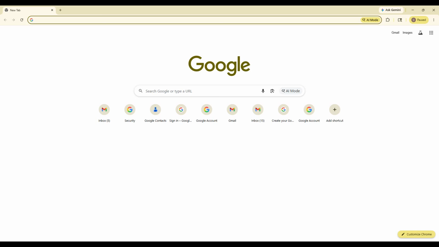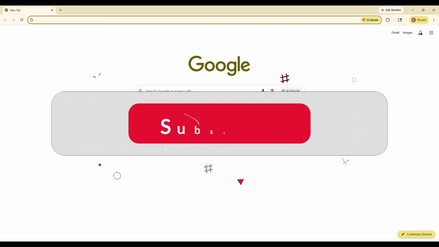In this video, I'm going to show you how to recover a permanently deleted Gmail account in 2026, step by step. If you accidentally removed your Gmail account or you're trying to get back into an account you thought was gone forever, this guide will walk you through the official Google recovery process as clearly as possible. Make sure you follow each step carefully because the exact recovery options you see will depend on your account and